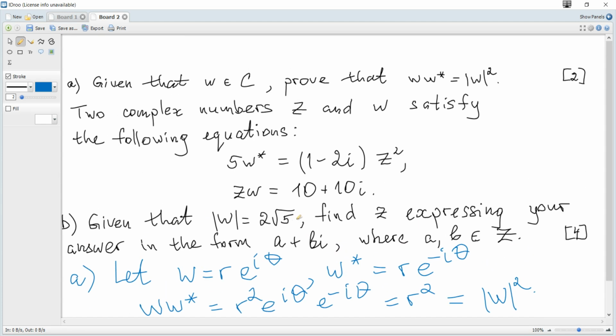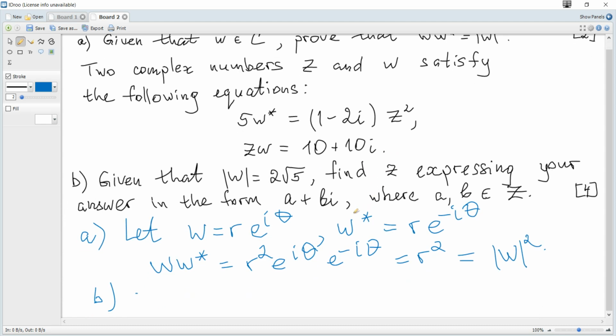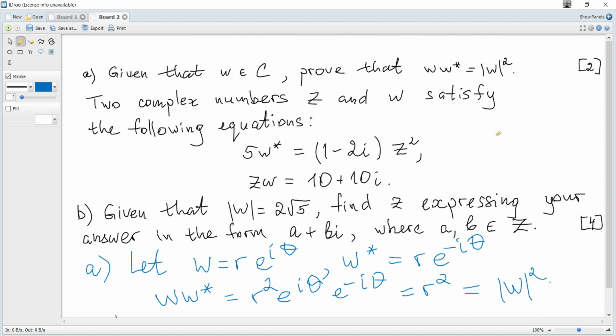Then two complex numbers z and w satisfy the following equations. Given that the modulus of w is equal to 2 root 5, find z, expressing your answer in the form a plus bi, where a and b are integers. So it is given a system of two equations, or simultaneous equations, and since the modulus of w is given,